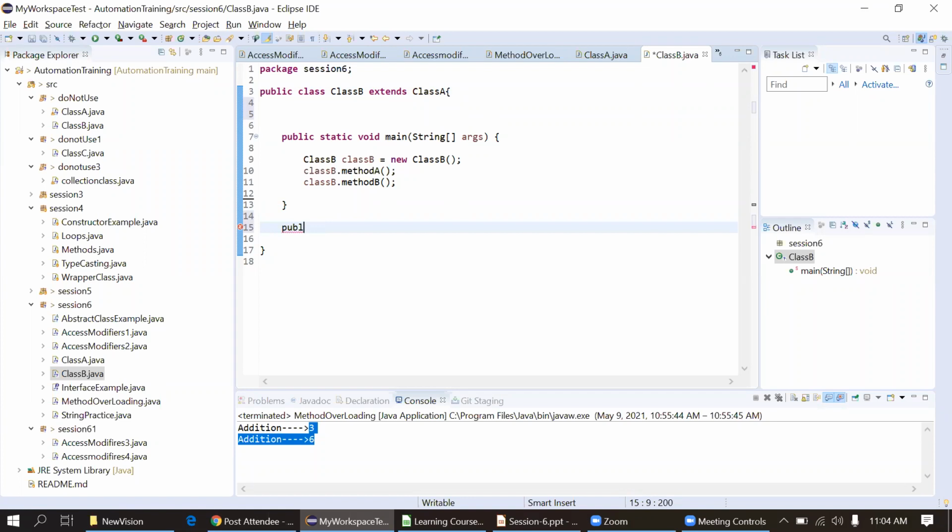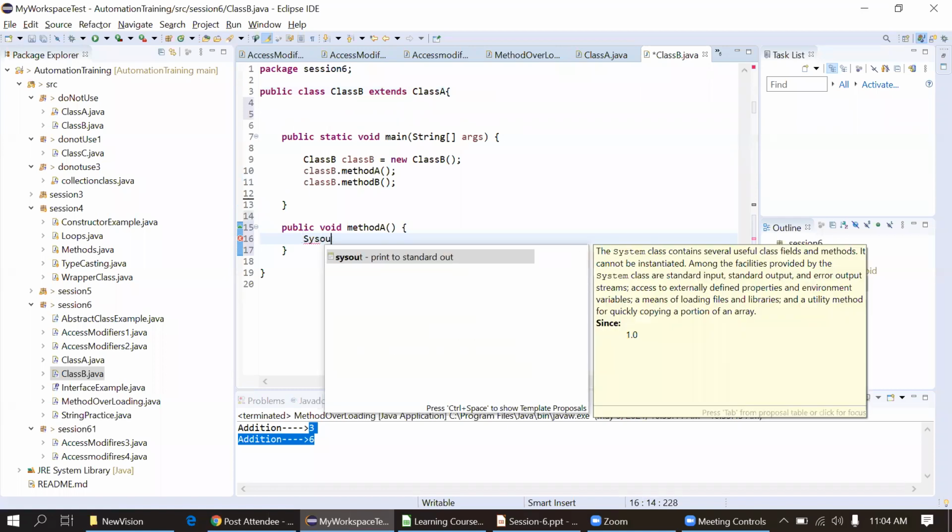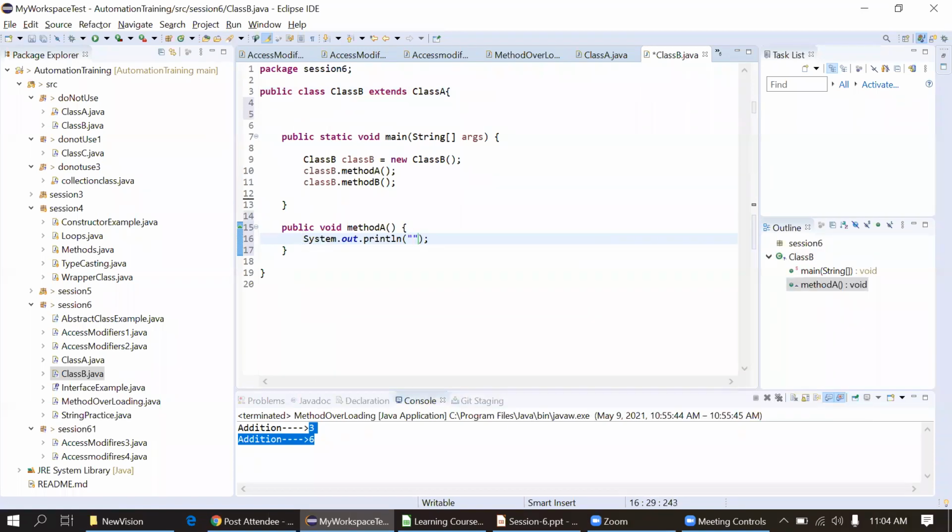Public void, and I will keep the same name which I defined in class A, method A. Now I will print something here, so you will understand which method is called. System out, class B and method A.